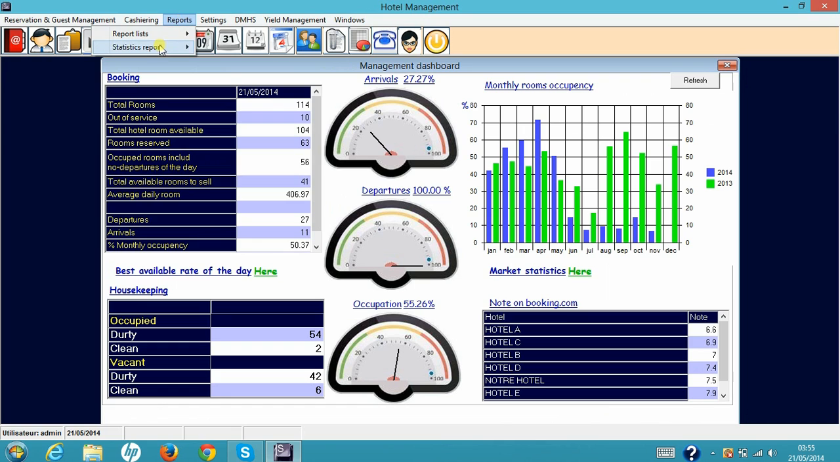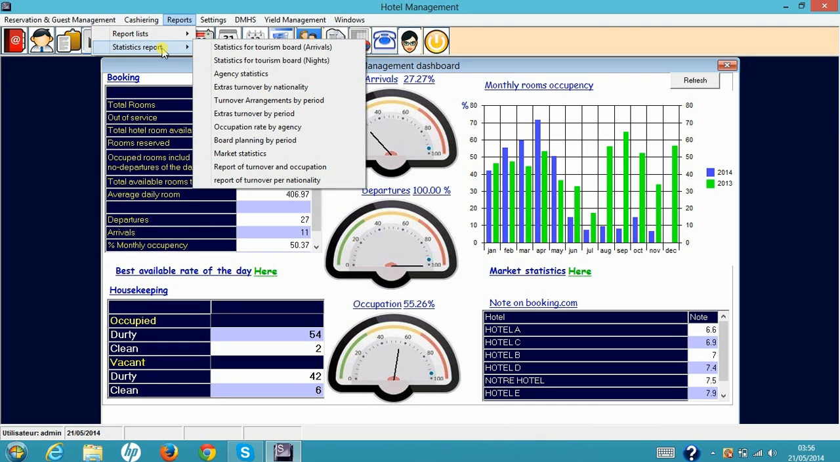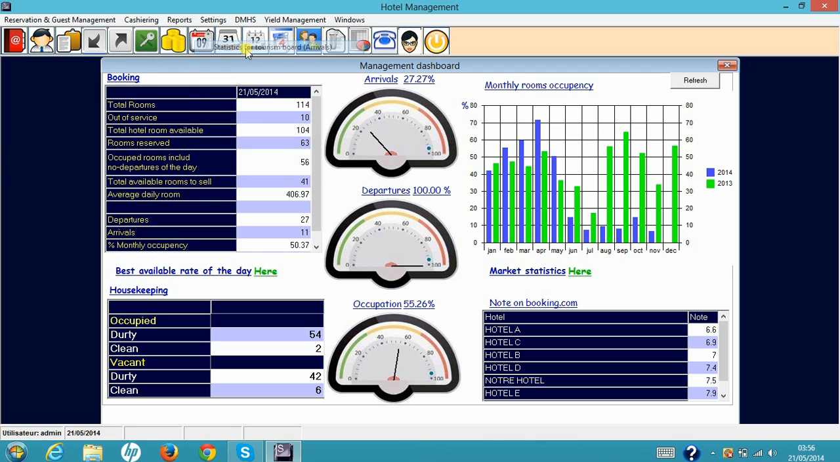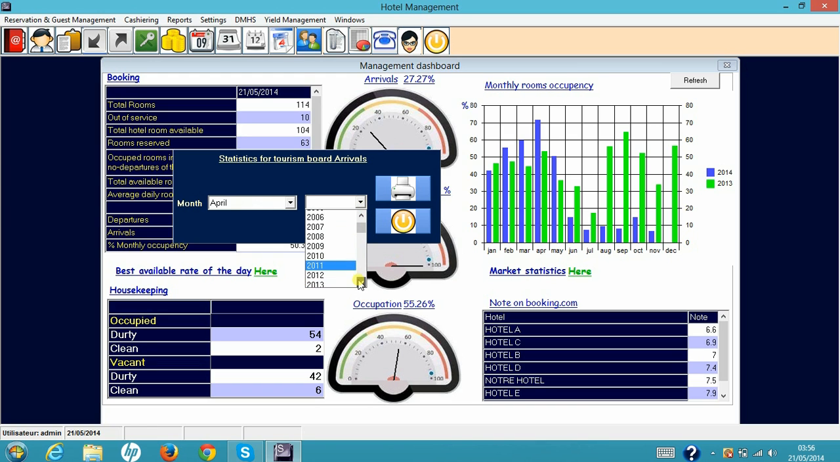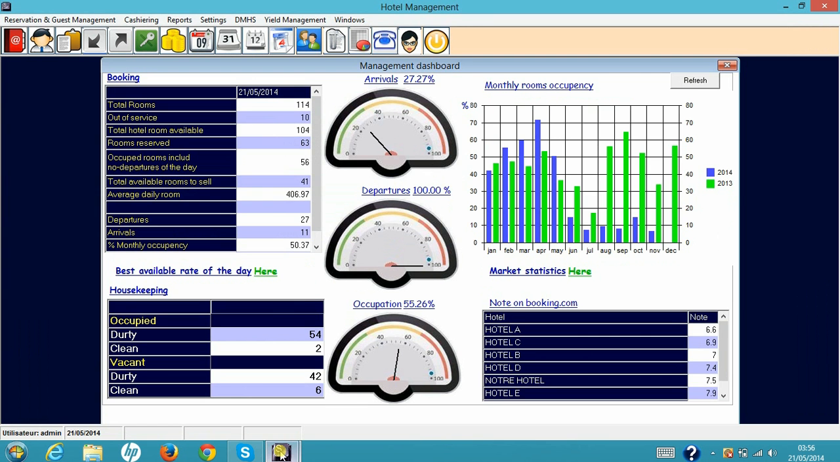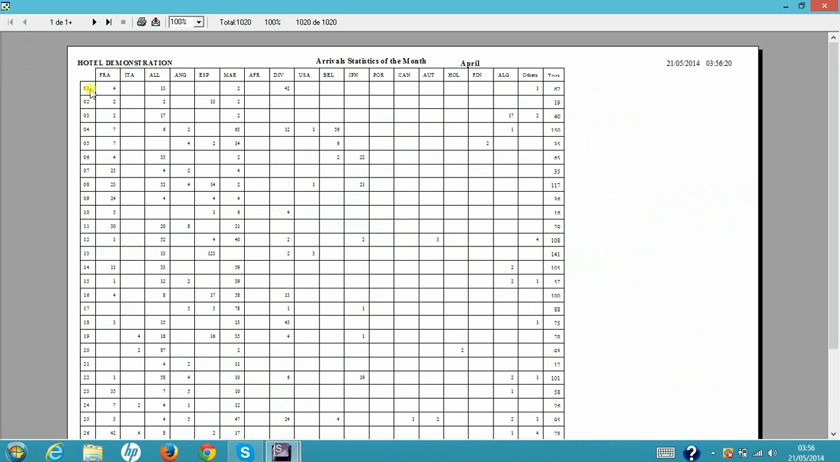So this is the statistic report. In the statistic report, we have the statistic for the tourism board or statistic arrivals. Each month, for example April, the year 2014, we can print and we get the report here from the first to the end of the month of April, and this is all the nationalities and how many arrivals in each nationality, and this is the total of each day. Okay,